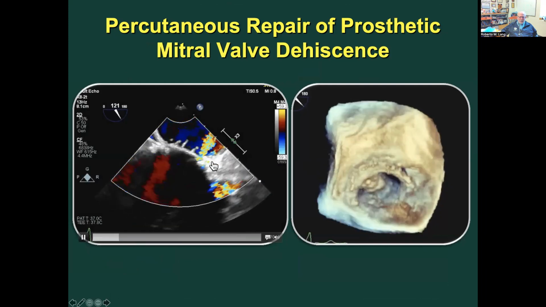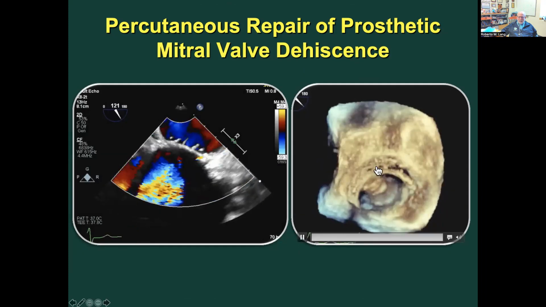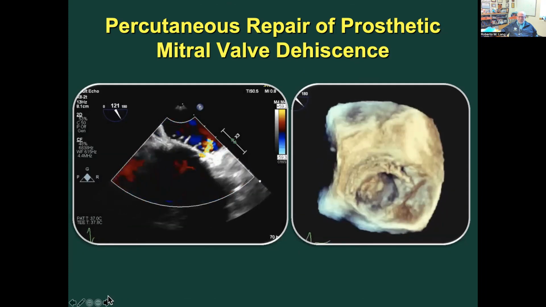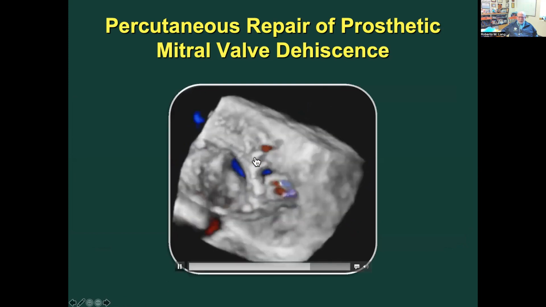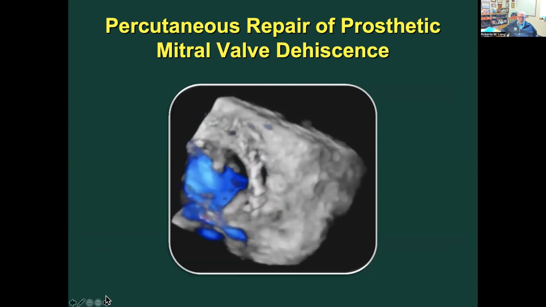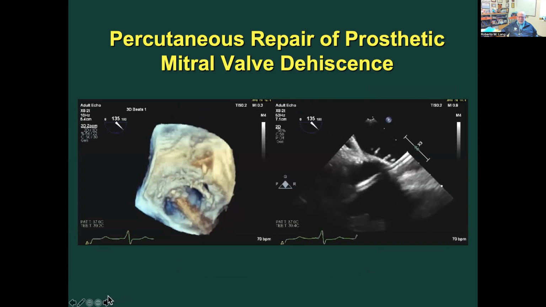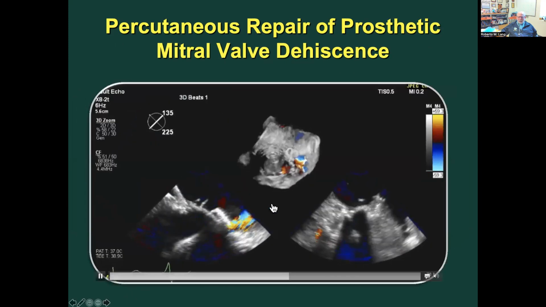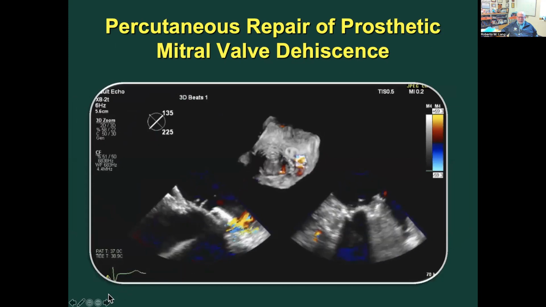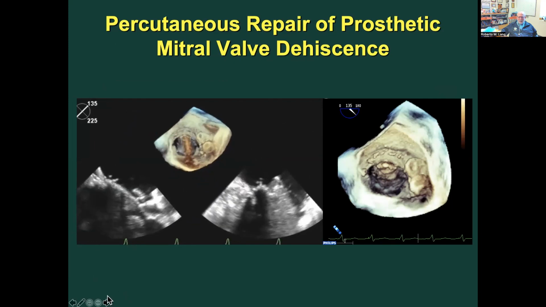You can see with 2D echo the presence of 1 or 2 perivalvular leaks. You can see this area clearly of the dehiscence of the ring. And with the use of color, we can see that the color is occurring on these 2 particular types of defects. We guide the placement of the wire, and we place an initial Amplatzer device. Let's see that there is a remaining perivalvular leak. So we can actually guide the placement of a second Amplatzer device with the use of 3D echo and get